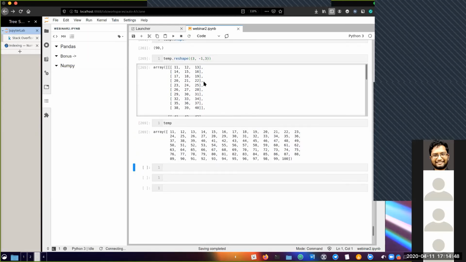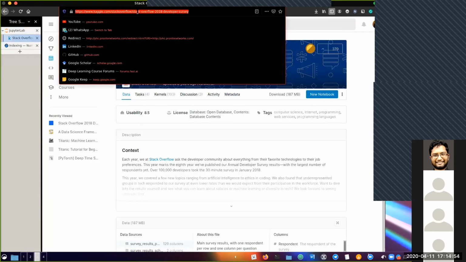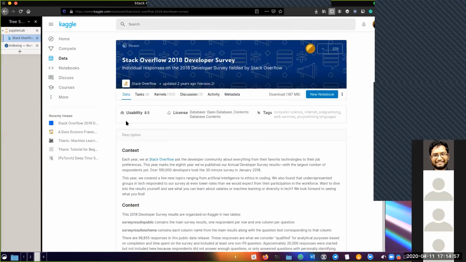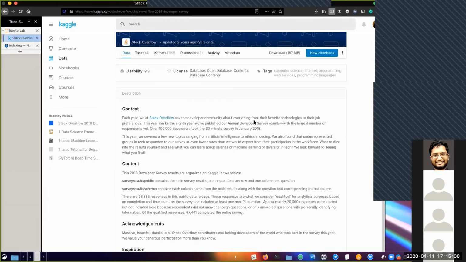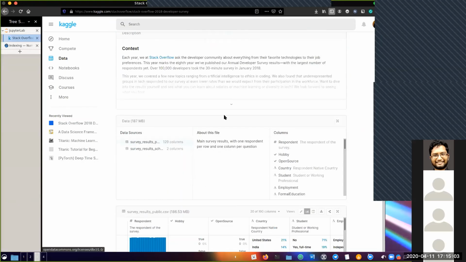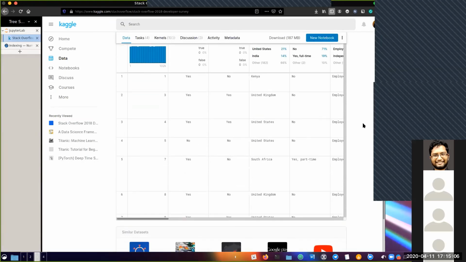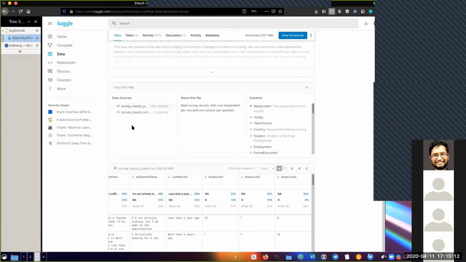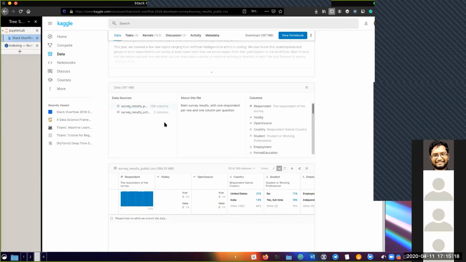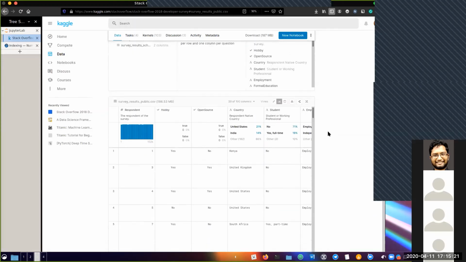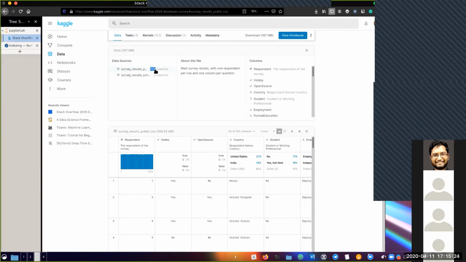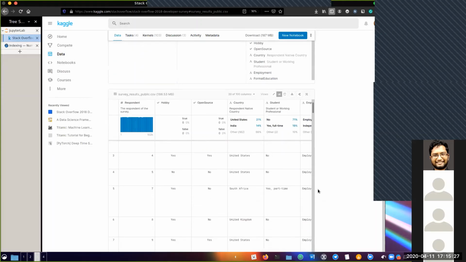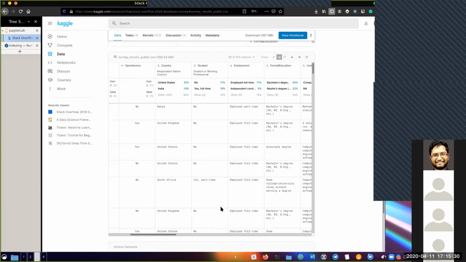Okay, now before the session ends, let me explain the competition. This is one data set. I will send it to you, no issues. I'm not going to explain anything about this. Have a look, read it. My question is that you have to perform as much data analysis as you can on just this one data set. It has 129 columns, and I'm not expecting you to go through every column. So take the first 20 columns and extract as much data as you can.